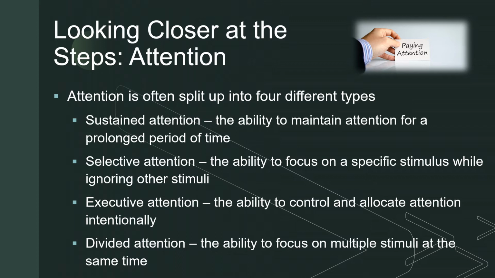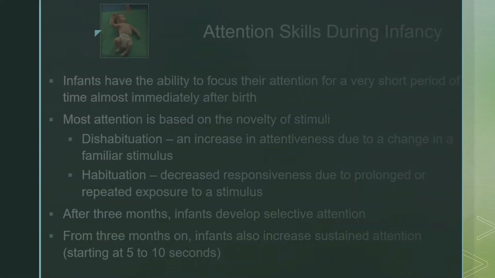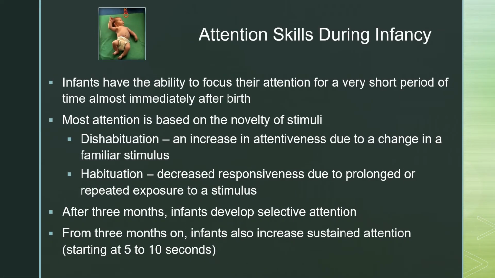Let's start at birth and talk about what we have at our disposal with respect to attention at that moment in our life. When we're born, what we tend to see is that even though we can't direct our attention to specific things, we can't block out other things, infants do have some semblance of attention within the very first few weeks after birth. When we're talking about attention, what we're really just talking about is some level of alertness that's raised that allows the brain to process something new in the environment.